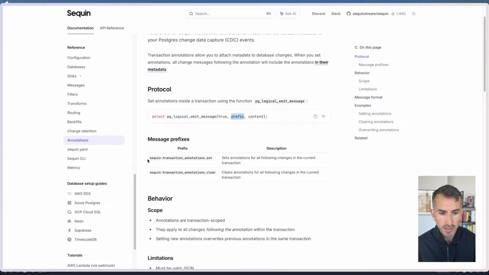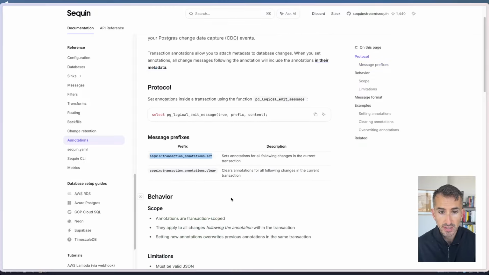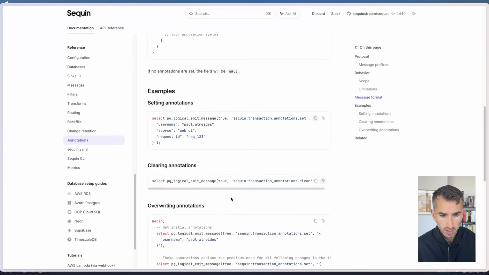And in the prefix, you can indicate you want to set or clear transaction annotations. So what I mean by that is if you call pg_logical_emit_message with the Sequin transaction annotation set prefix, you can pass in a JSON object